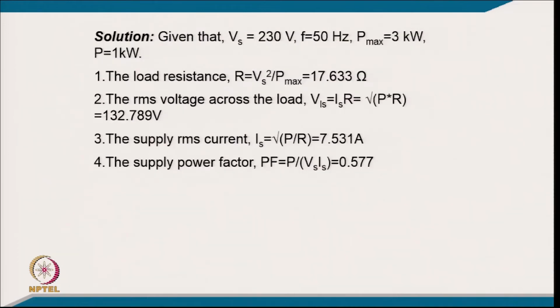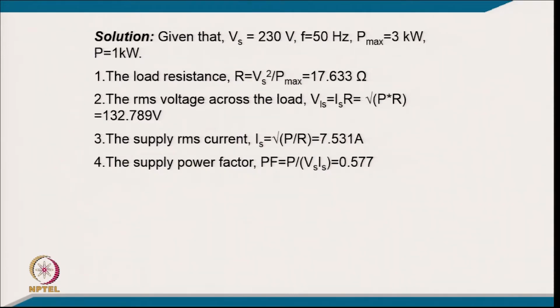So, coming to the calculation part, your Vs is 230 volt 50 hertz and maximum power is 3 kilowatt, and the power after control is 1 kilowatt. So, you can find out load resistance from maximum power, putting the value here. So, it comes 17.633 ohm, it is 230 squared upon 3 kilowatt, you keep the value, and the RMS voltage across the load will be